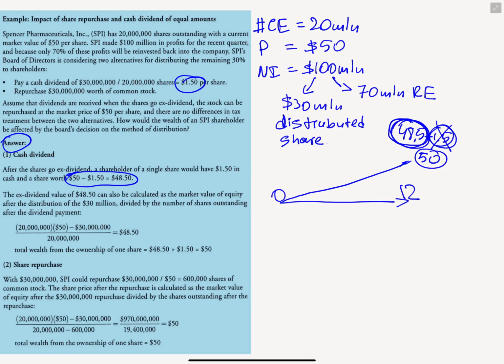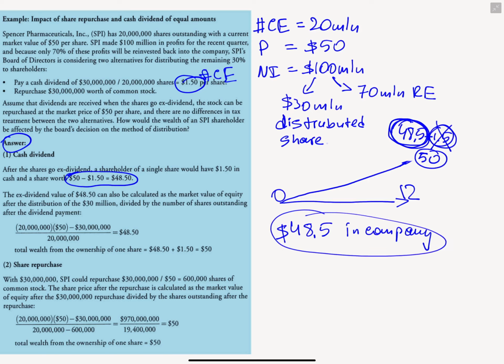Но что становится с акционерами? У них в компании есть акция, которая стоит $48.5, because as we said, common equity will not change, никто не продает свои акции, но просто акция падает в цене, но